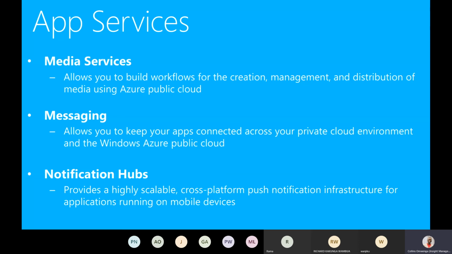When it comes to now the app services that we've been talking about, you're looking at media services that allows you to create and manage and distribute media. So if you're building streaming applications, you want video on demand scenarios, Azure Media Services provide that accessibility. From a messaging services perspective, we have